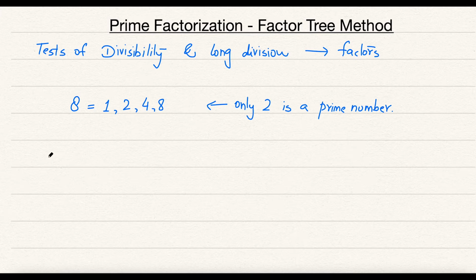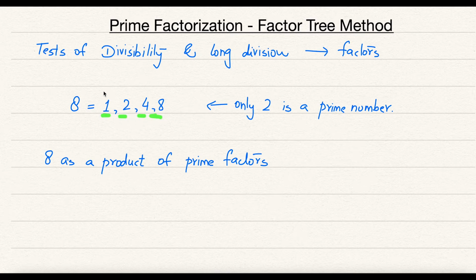What if you wanted to write 8 as a product of prime factors? These are the factors. 1 is a factor of 8, 2 is a factor of 8, 4 is a factor of 8, and 8 is also a factor of 8. Here you have listed the factors of 8. But what if you wanted to find 8 as a product of prime factors? Let's say if you want to write 8 as a product of prime factors, then you will start to make